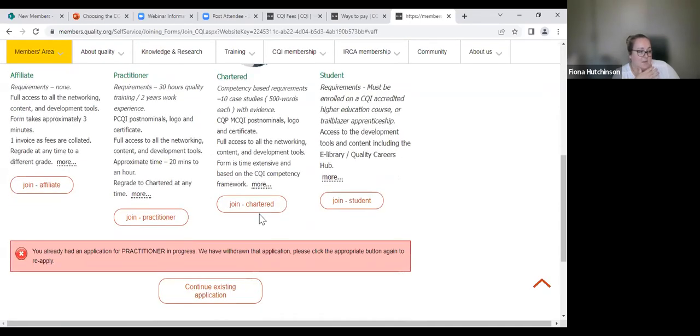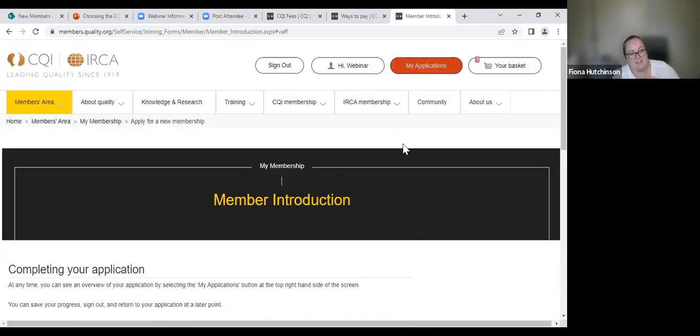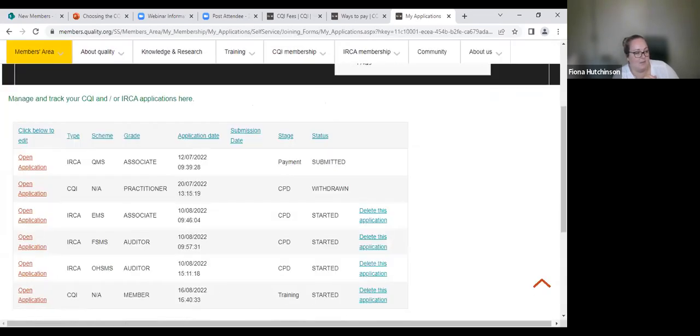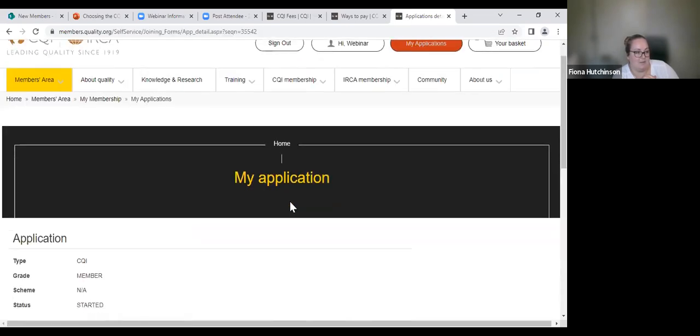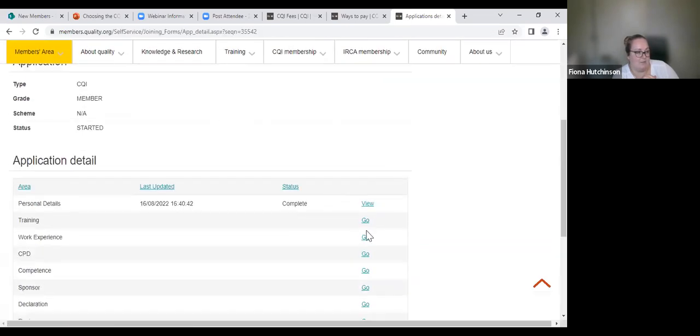So this one has an application already in progress, which it has now withdrawn because we've chosen a different grade. If you've already started an application, you'll be able to find it in My Applications and then click Open Application next to it, and it will take you there.